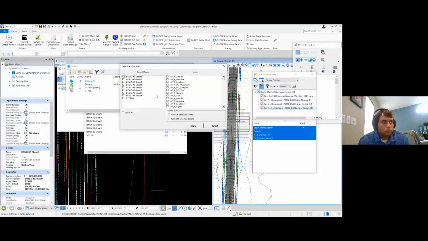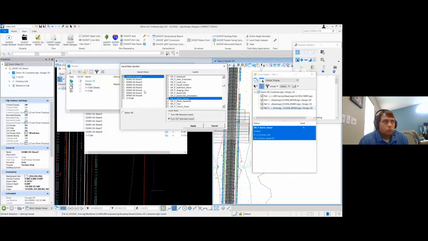So you can click on all of your saved views or just the certain ones you want to update, and then you check on levels that you either want to turn on or off. So if I need to turn off the drainage one, as the example I keep using, I can go to DR proposed storm sewer, I check that on, I say I want to turn that off.